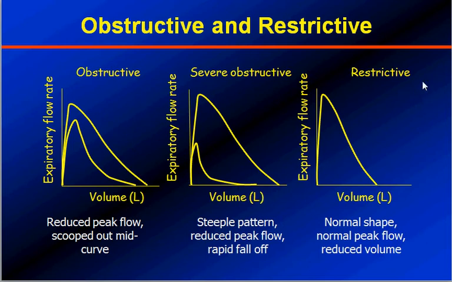Whereas in a patient with restrictive lung disease, where the lungs fail to expand but the airways are normal, there is no obstruction to the outflow, but the filling of the lungs is at fault due to reduced lung compliance. In such a case, the curve shape will look normal, but the forced vital capacity, the volume, will be less. Look here, the volume for the normal one is so much, here the volume is only this much.